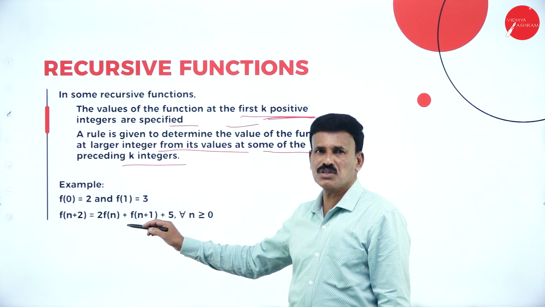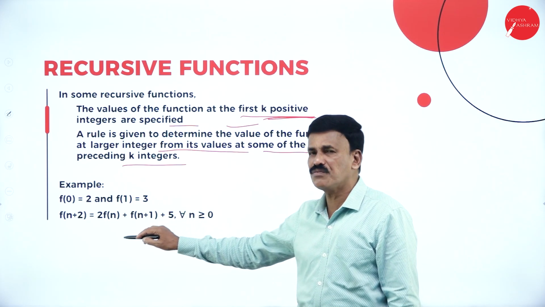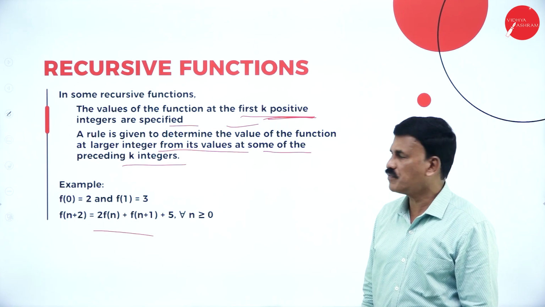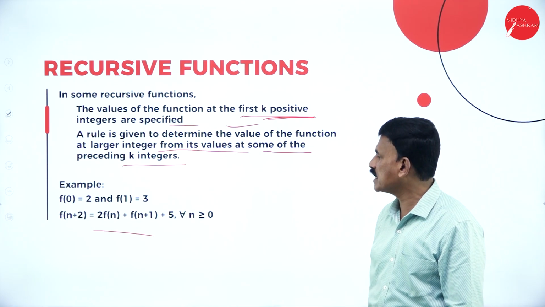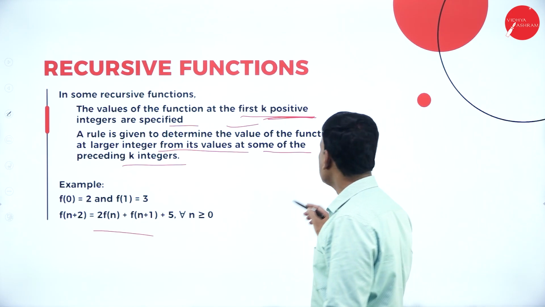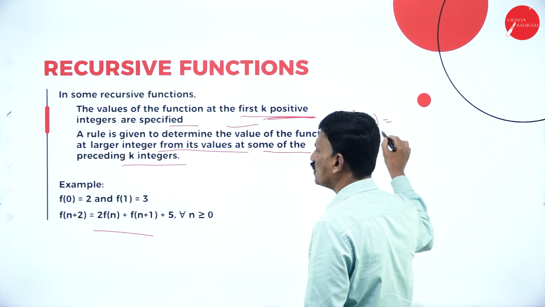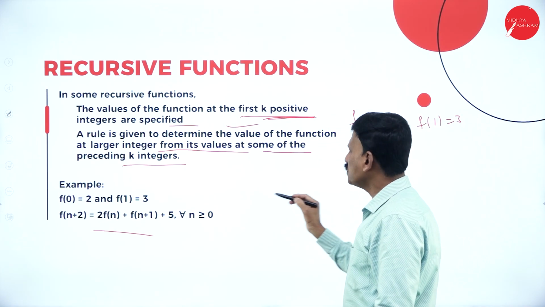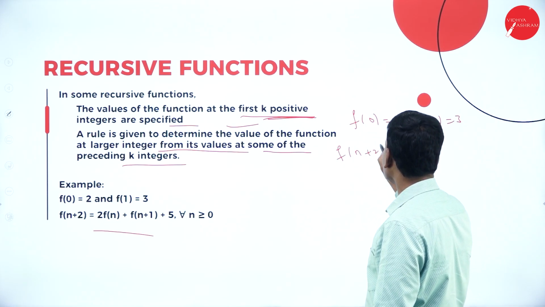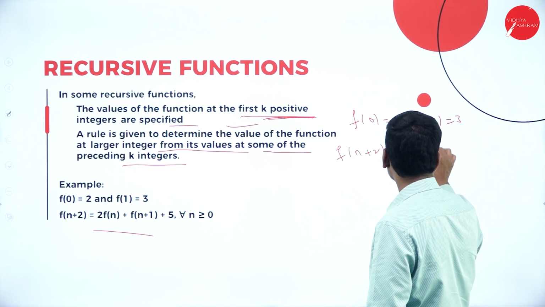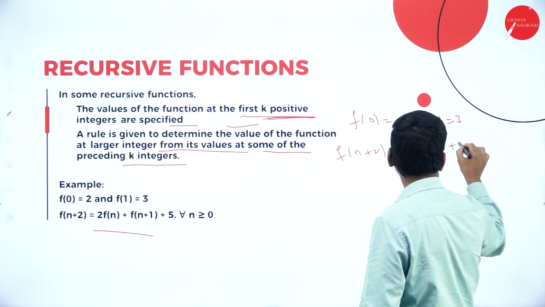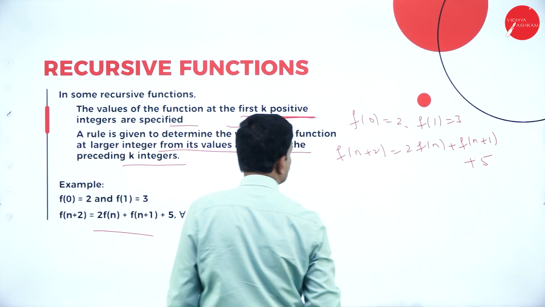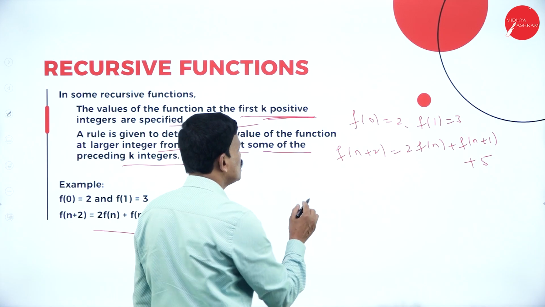Suppose f of 0 is equal to 2 and f of 1 is equal to 3. Then find the value of f of n plus 2 is equal to 2 times f of n plus f of n plus 1 plus 5 for all n greater than or equal to 0. What is given? f of 0 is 2 and f of 1 is 3. Now suppose you put n is equal to